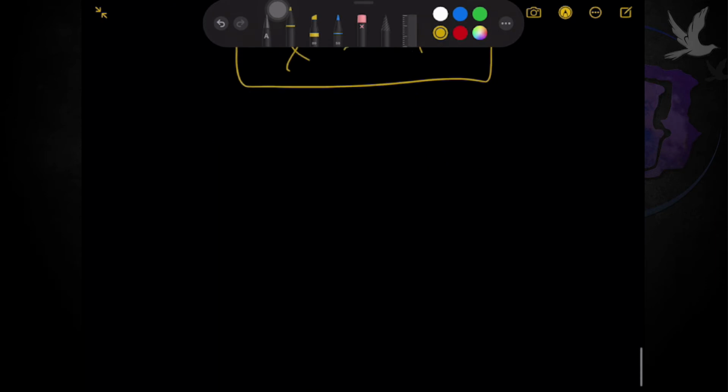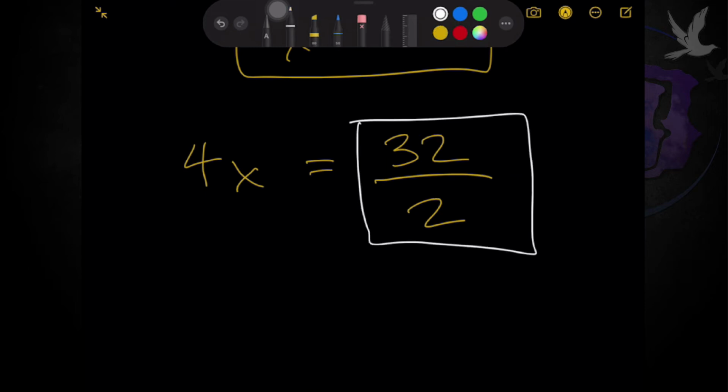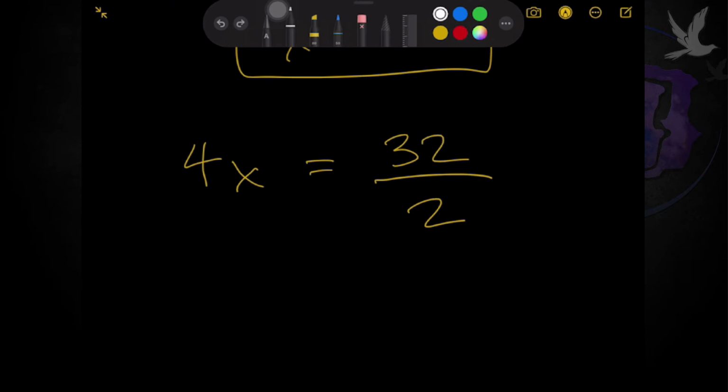Okay. So, other examples that you might encounter, such as, let's say, for example, 4x equals, ano ba? Let's say 32 over 2. Okay. Actually, in this case, pwede nyo naman talaga to gawing, i-simplify nyo na kaagad ito dito. You can basically just simplify 32 over 2 right away, such as in this case will give you 16. But just to practice the process of cross multiplication,